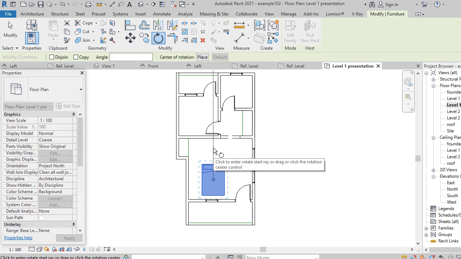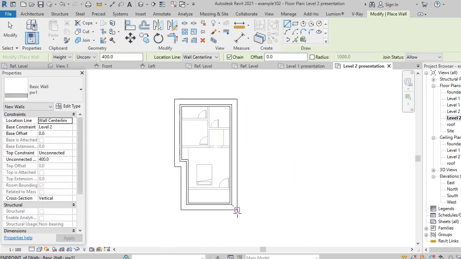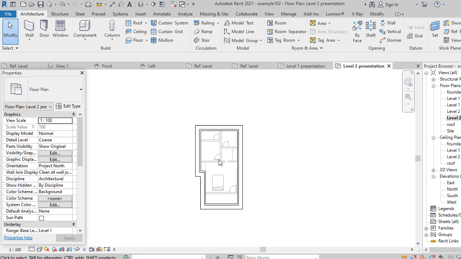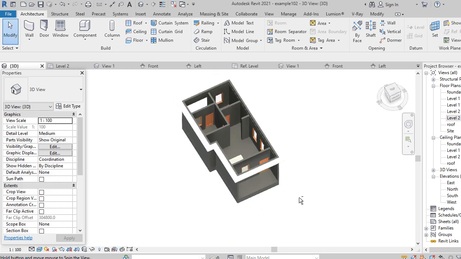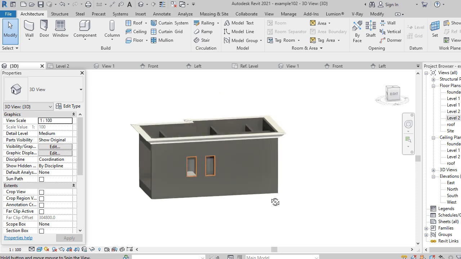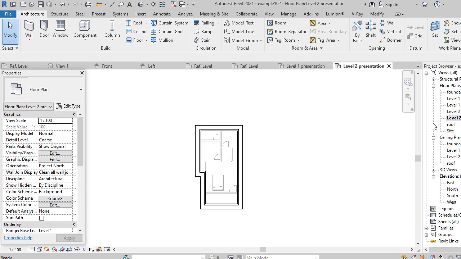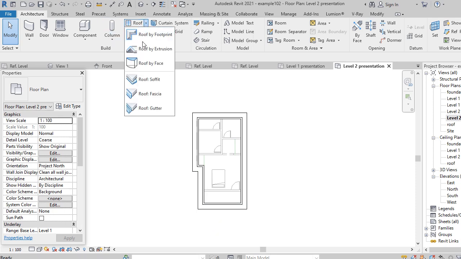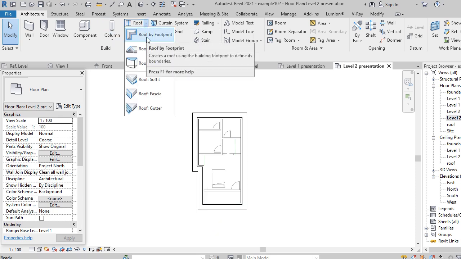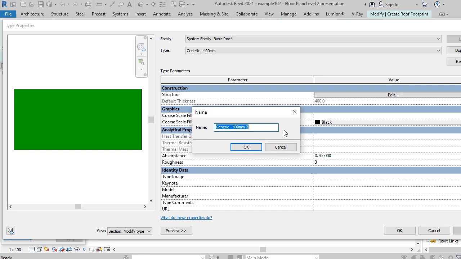I'll prefer to turn it the other way around. Say escape. Now we can go to 3D and see what we have done. Now let's go back to that level and apply our roof on it. To apply roof, you click on this arrow, you pick roof by footprint, and then you can edit it, duplicate